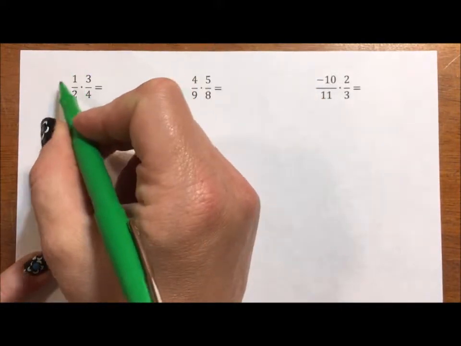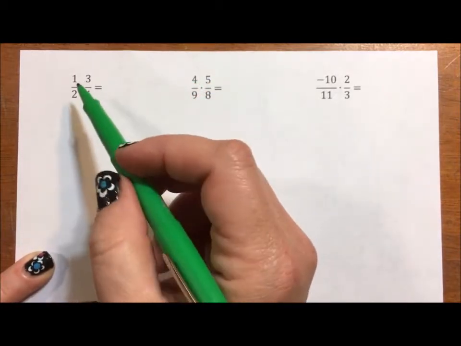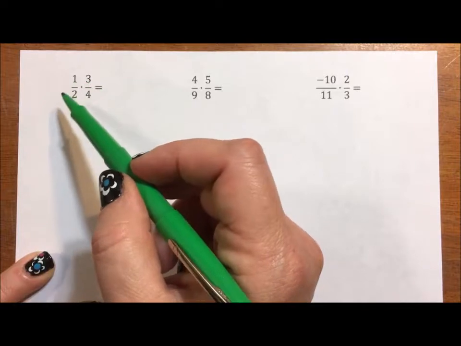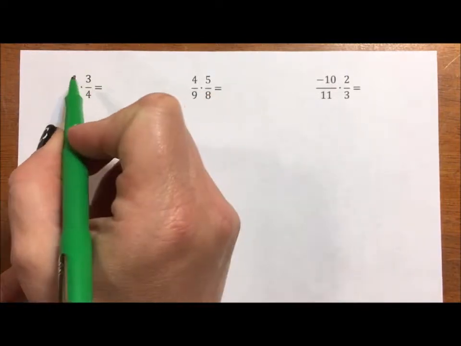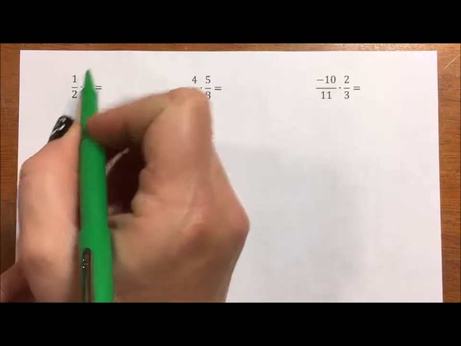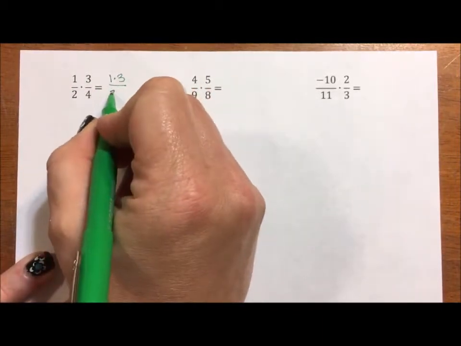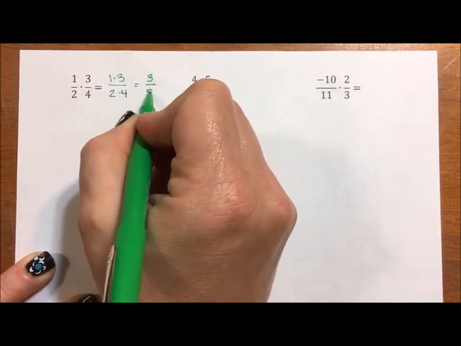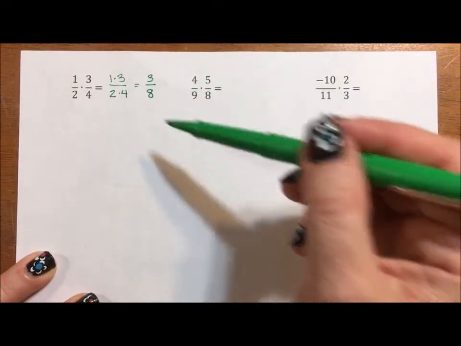Now, because multiplication and division are inverse operators, anything that deals with multiplication and division, so fractions and multiplying and fractions and division, is pretty seamless. All you need to do is multiply your numerators, 1 times 3, multiply your denominators, 2 times 4, and we get 3 over 8. Now, we have to reduce our fractions, and of course that fraction doesn't reduce because 3